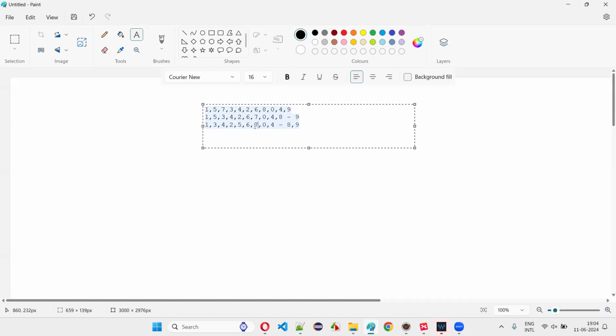6 is less than 7, no changes. 7 is greater than 0, so 0 will come here and 7 will go here. Then 7 and 4, 4 will come here and the next bubble is ready, that is 7. Now in the next iteration